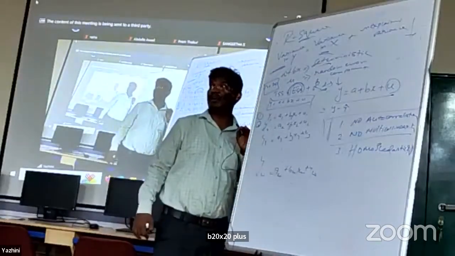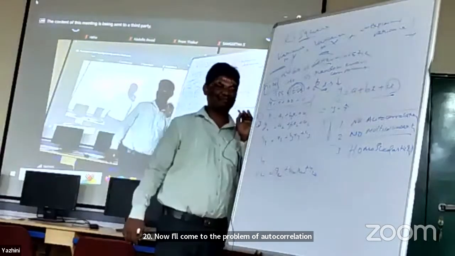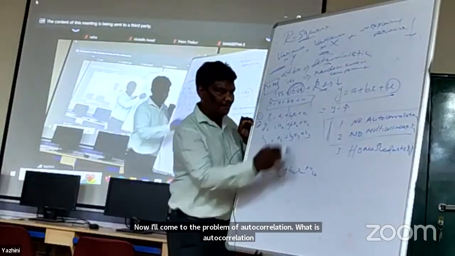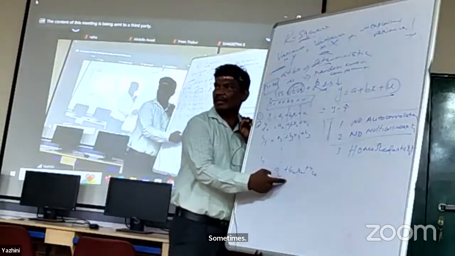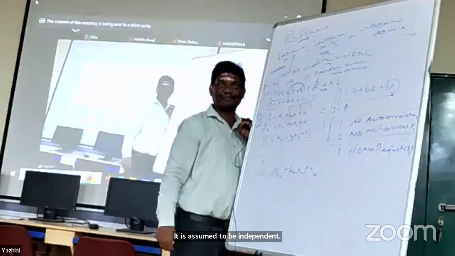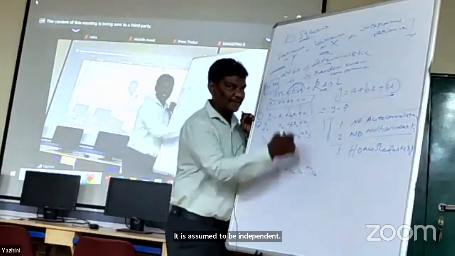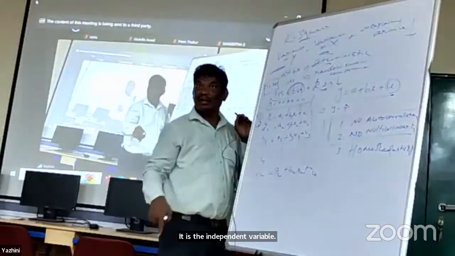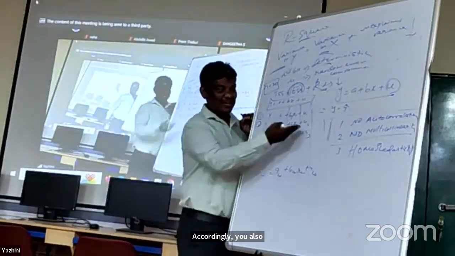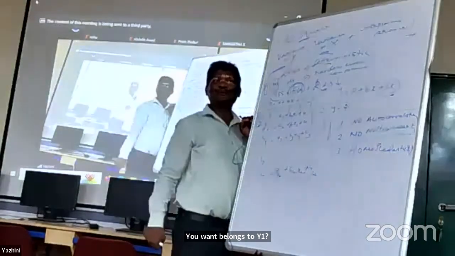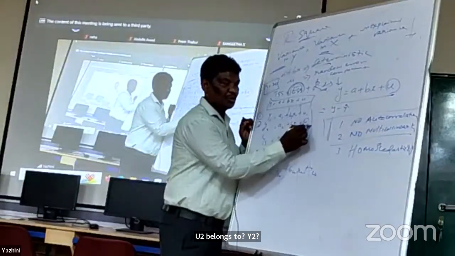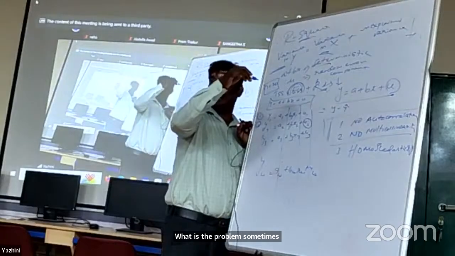Now I'll come to the problem of autocorrelation. What is autocorrelation? Sometimes this is independent. It is assumed to be independent. That is an independent variable. Accordingly, U1 belongs to Y1, U2 belongs to Y2. What is the problem sometimes? U2 is explained by